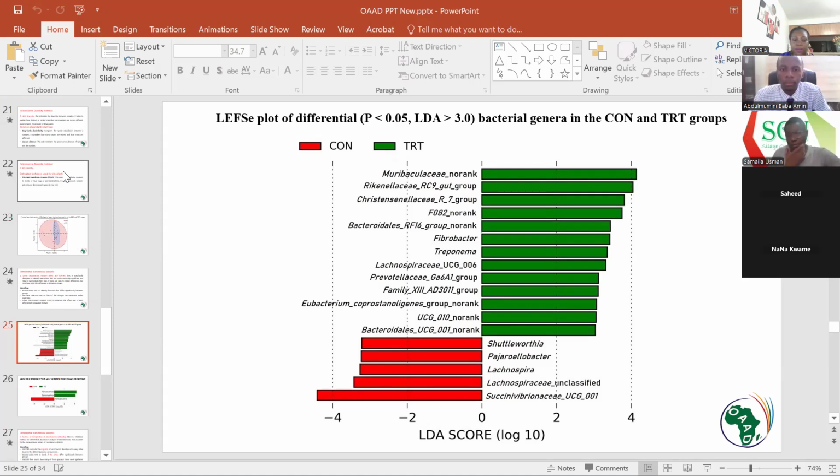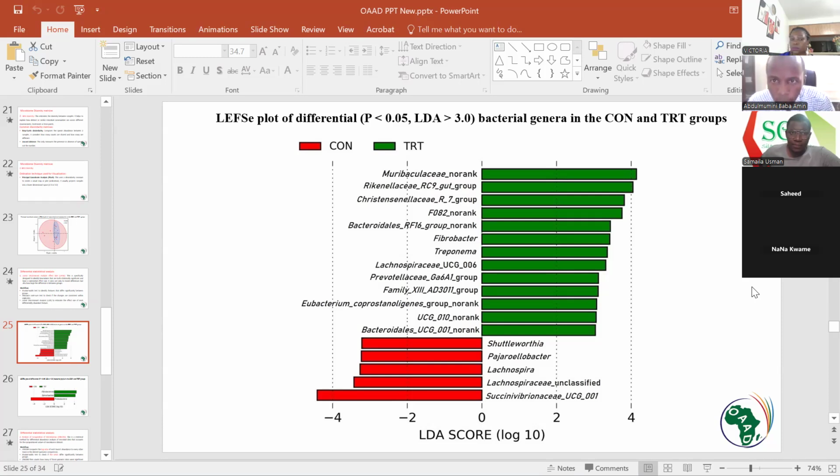My understanding here is that the one on the right side is showing that the treatment has significantly higher quantity for those bacteria, while the one on the left side is showing that the treatment has significantly lower quantities for the red ones. So my question is, is it not possible to have a situation where there's no difference between the treatment and control for some bacterial categories? How is that represented? Does it mean it's just going to be on the zero line?